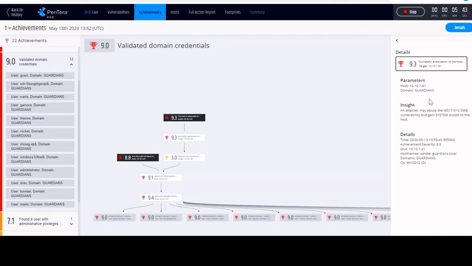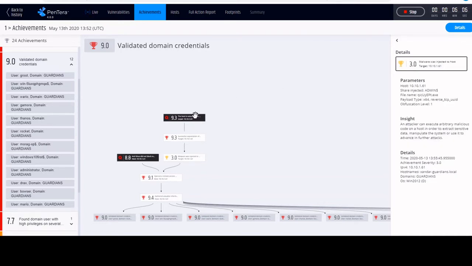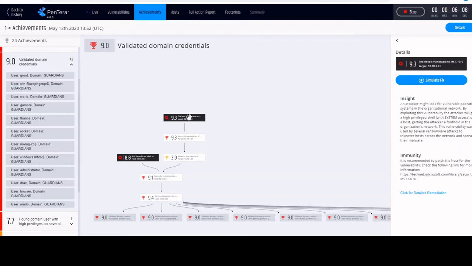Here an attacker may be able to abuse this static vulnerability to gain access to this host. What we can also do here is jump into the vulnerability and find out some more information about this. Again, that same kind of depth of high-level insight is given here, but for vulnerabilities we have more detail that can be found if you click on the detailed remediation piece. In doing so, this will take you to an attack wiki, a remediation wiki that will detail exactly what happened